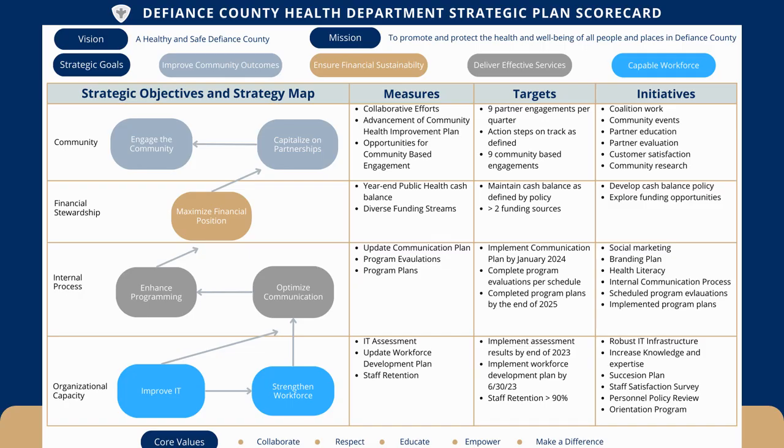So in this strategic plan, the health department used what is called a balanced scorecard approach. In strategic management, there's many different frameworks that can be used for strategic planning or strategic management. And a balanced scorecard is often used in the private sector. However, public sector entities have begun using this approach. The purpose of this is to help organizations measure performance and to ultimately improve their results.